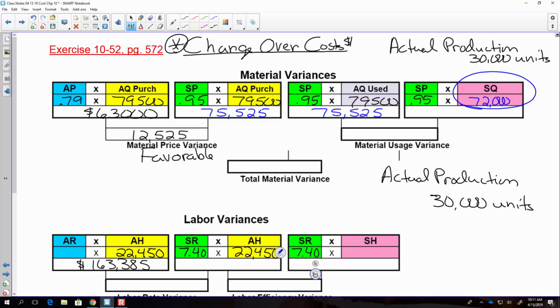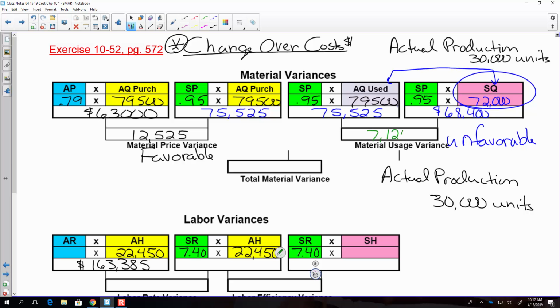72,000. So looking at our two boxes here, what's my usage variance? Favorable or unfavorable? Unfavorable, right? I used quite a bit more than what I should have. And what amounts do we have here? 68,400. A usage variance of,